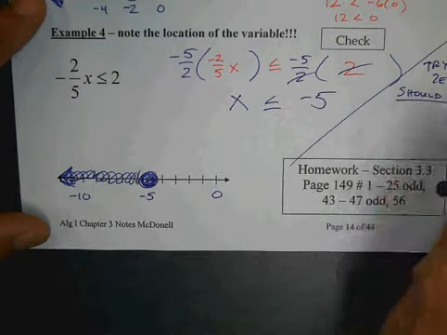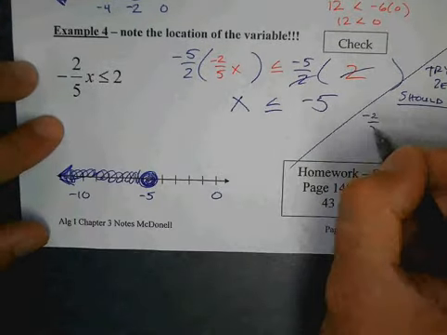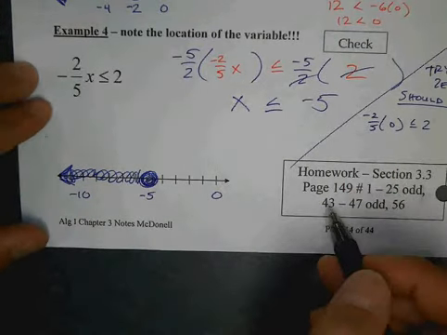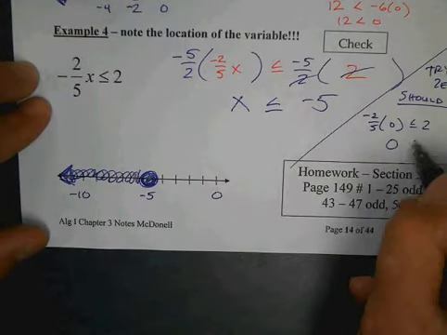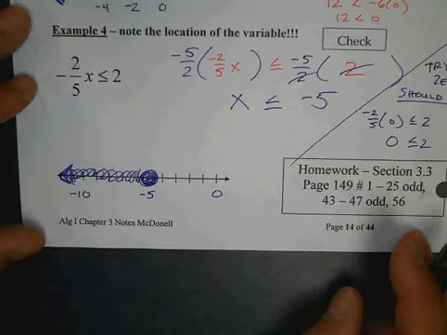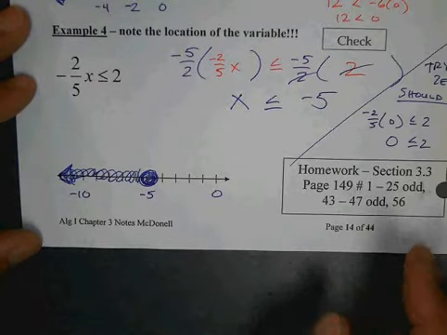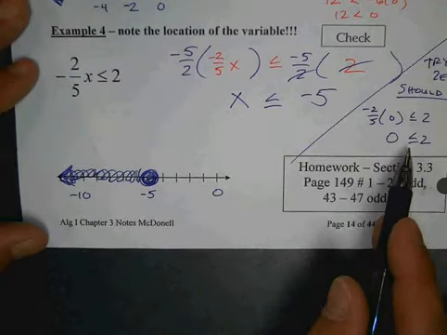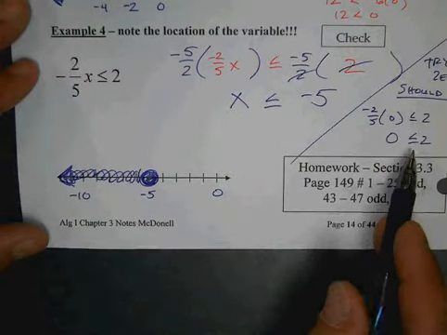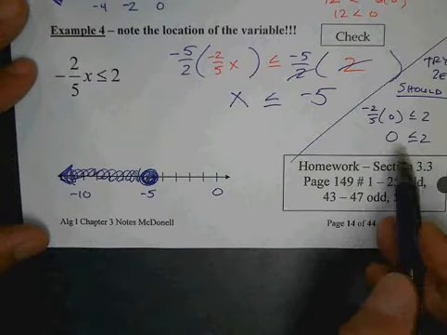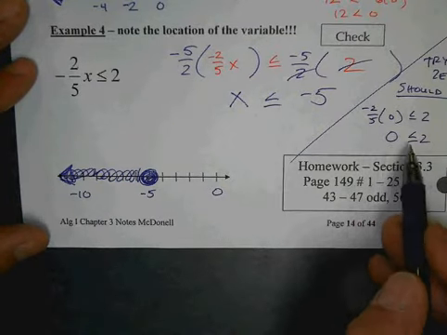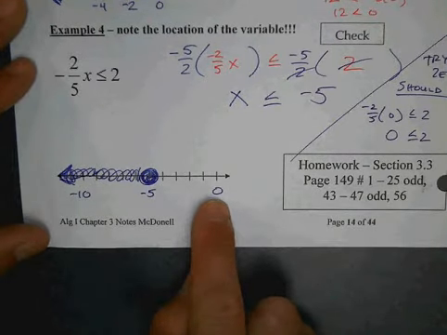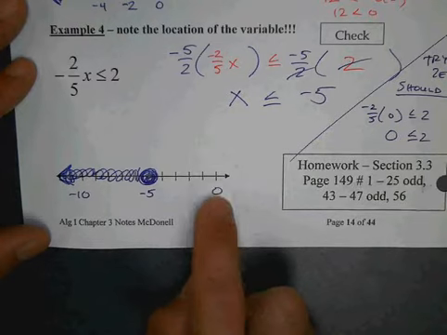So let's see. Go to the original problem. Negative 2/5 times 0 less than or equal to 2. What's negative 2/5 times 0? 0. Is 0 less than or equal to 2? It's less than, right? So 0 works. 0 is less than 2. We agree? 0 is less than 2. But 0 is not shaded. We have a problem. 0 should be what? Shaded. But